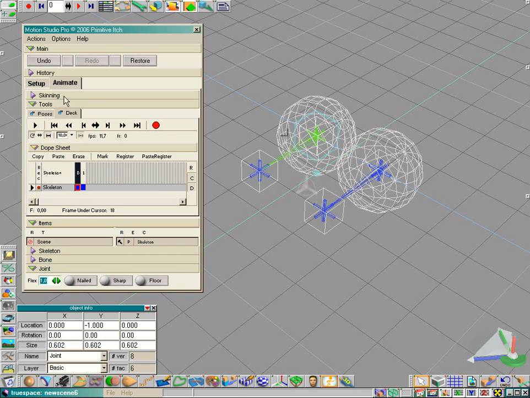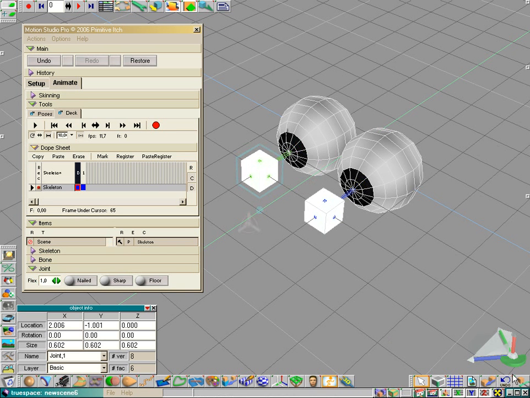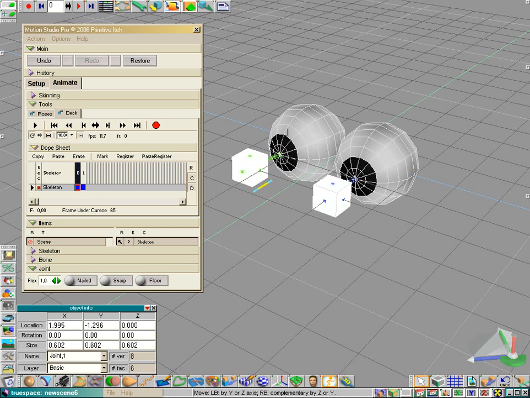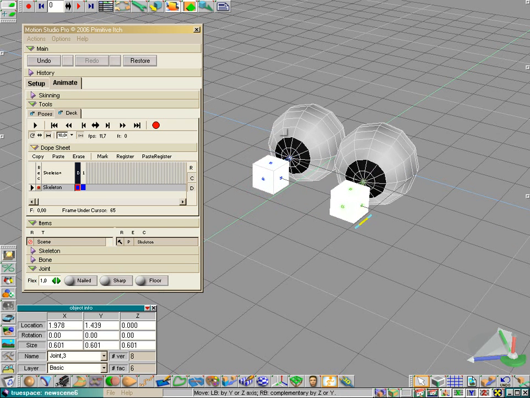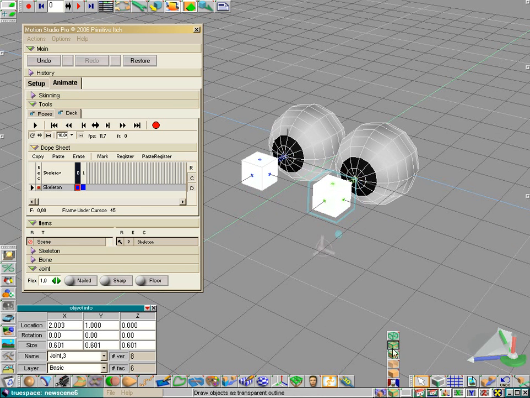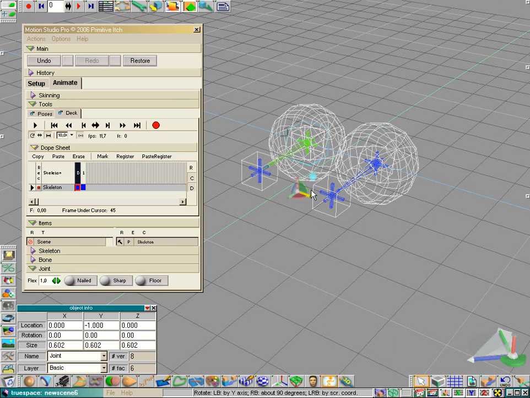So if I go to the animate page and let's show this in this view, and I drag this around, the eyes are moving. So far so good. Let's nail this so that the eye stays in position and just rotating. Okay,